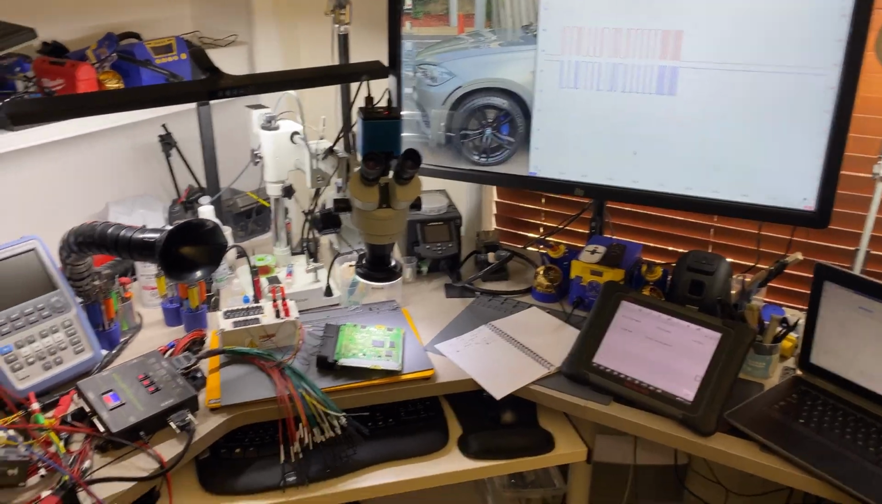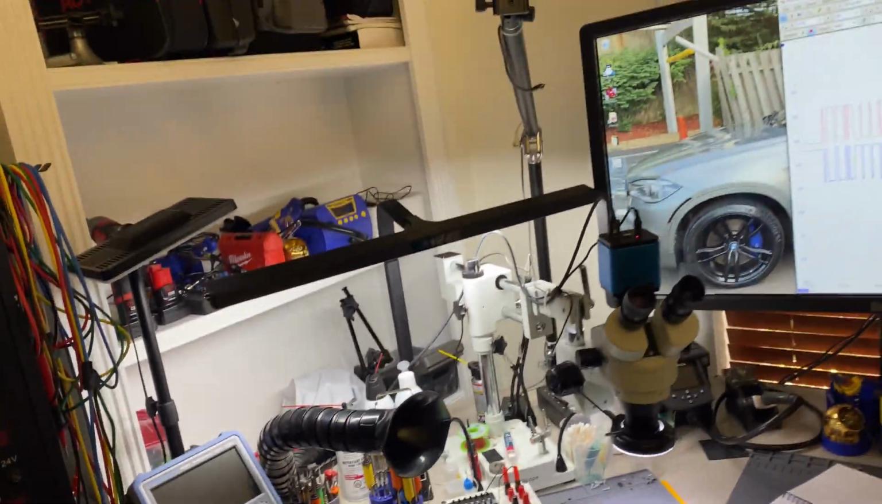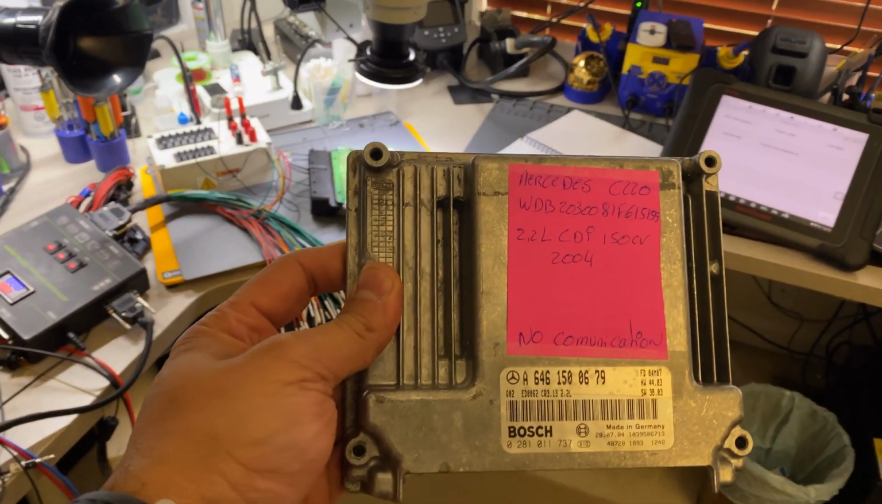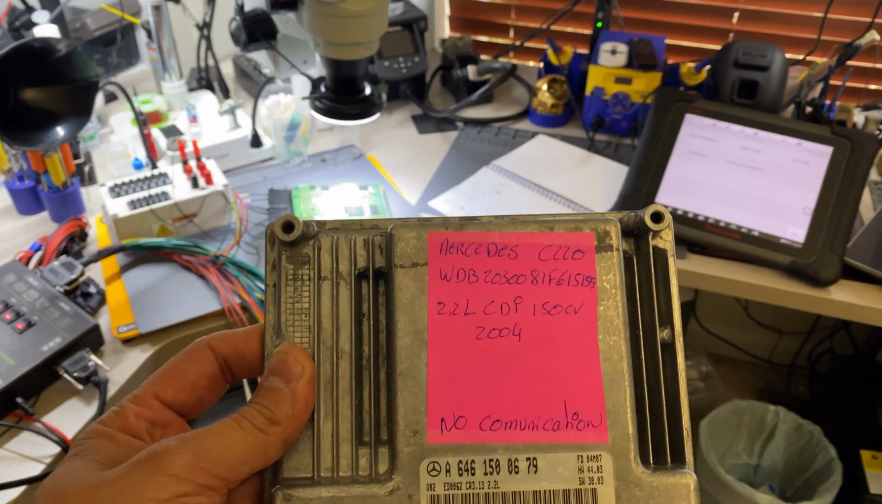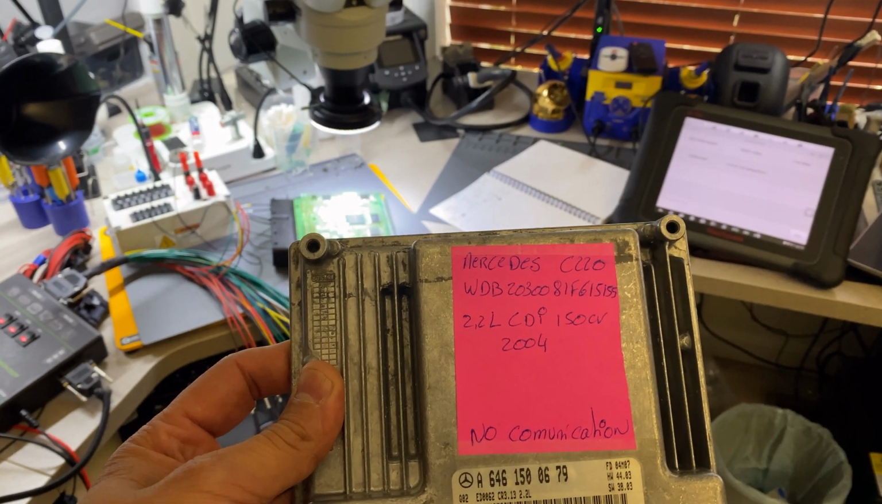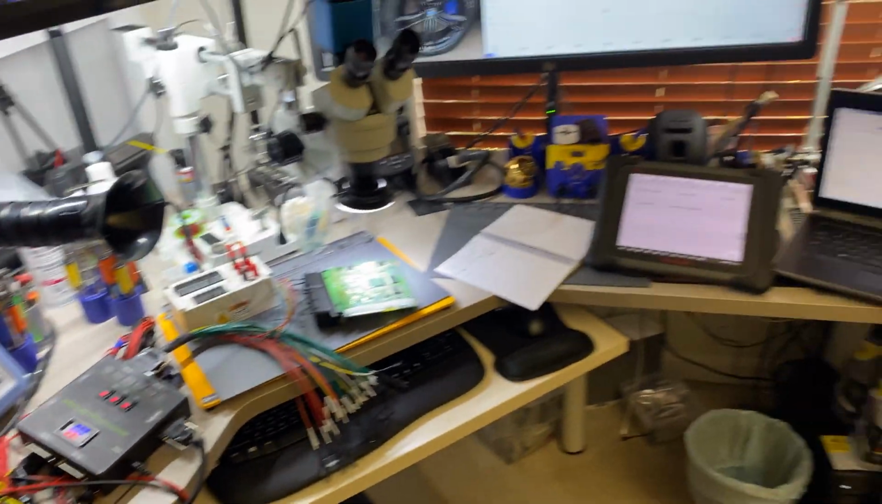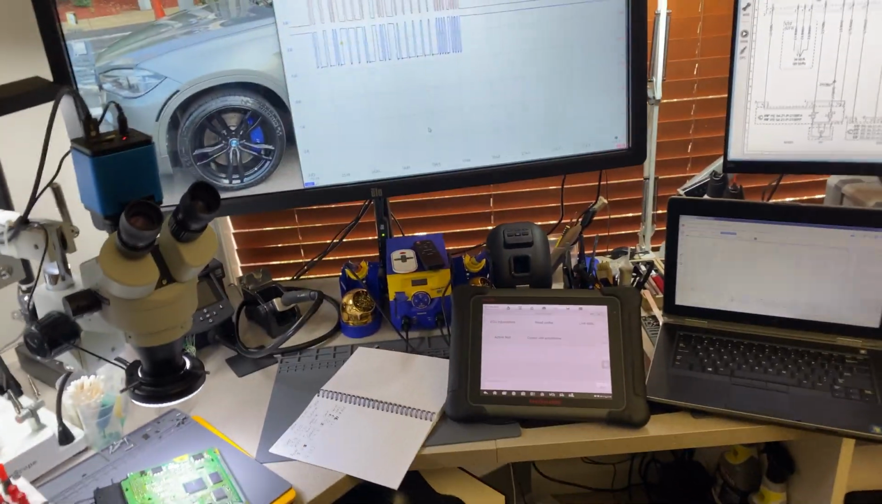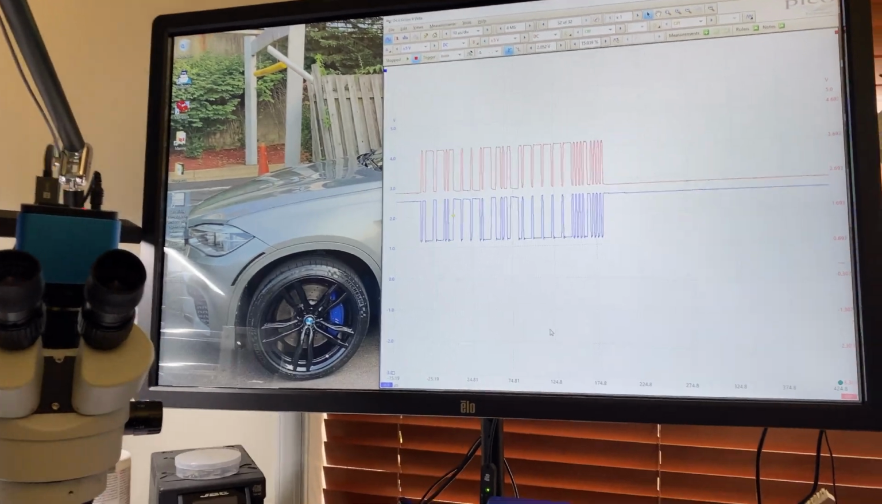He sent me a computer from a Mercedes Benz. This is a C. Let me see. He put this stuff in here. It's a C220 2004. This is a CDI engine, which means it's a diesel engine 2.2. And he said that he has no communication. So it was a little hard with the information he sent me because they use a different software to get